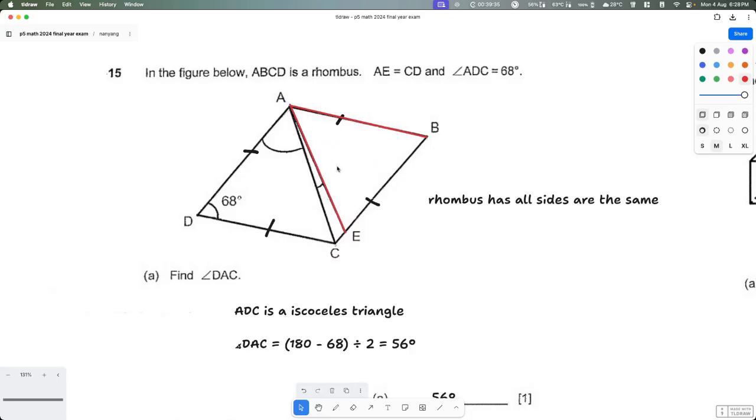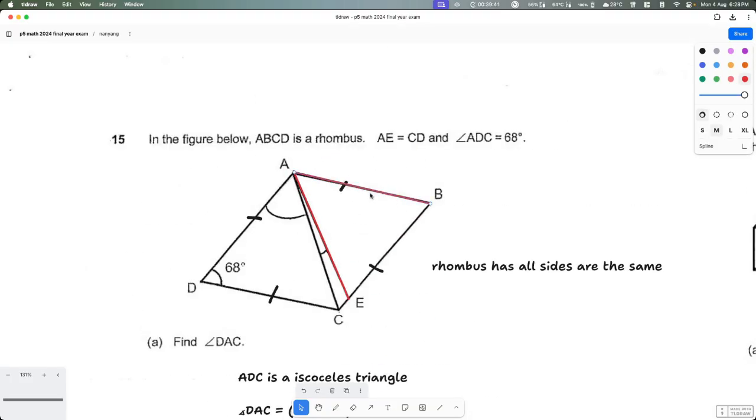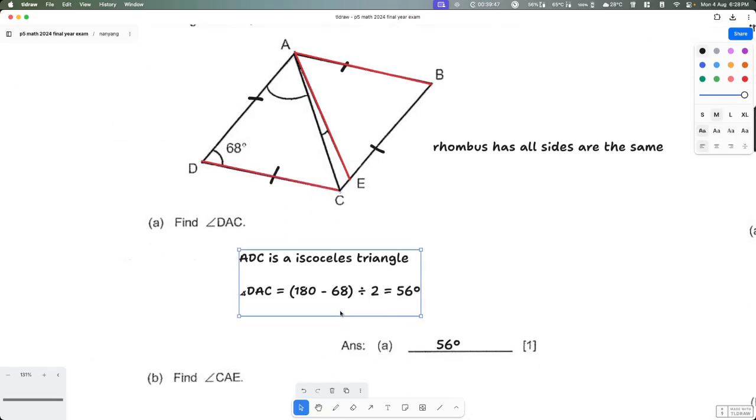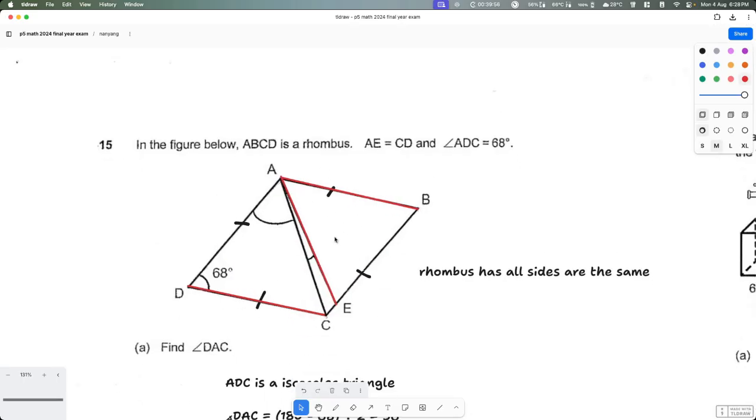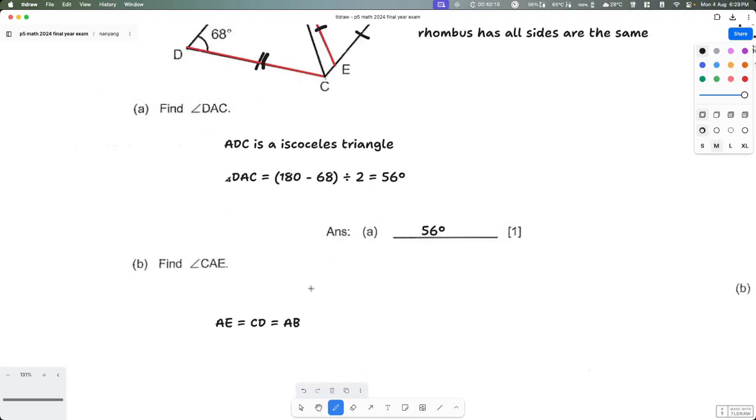Okay, like this. So that means AB and AE are the same. Okay, put a red line over here as well. Okay, like this. Alrighty. So they are all the same. So that means in this case, AB and AE, I'm going to put a double black line on these two. So this is one, one, two, and then one, two. Okay. So that means